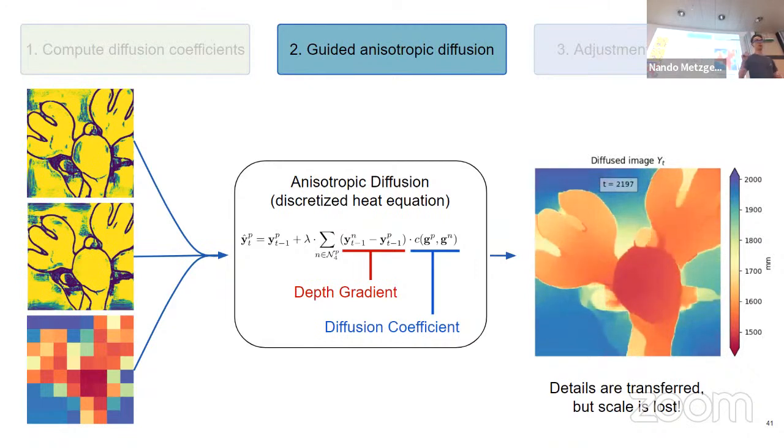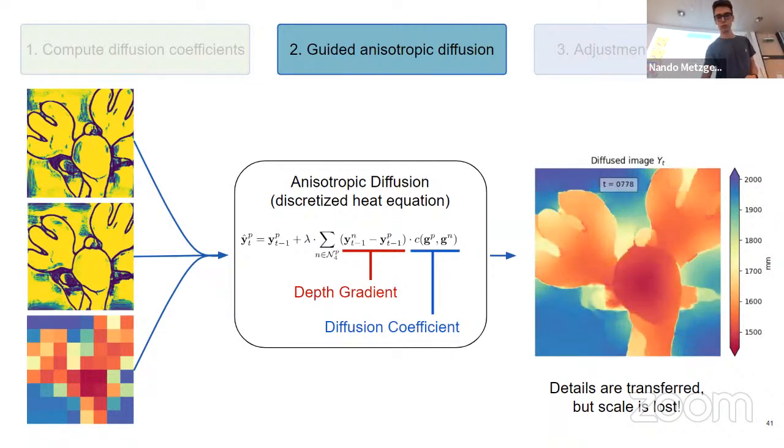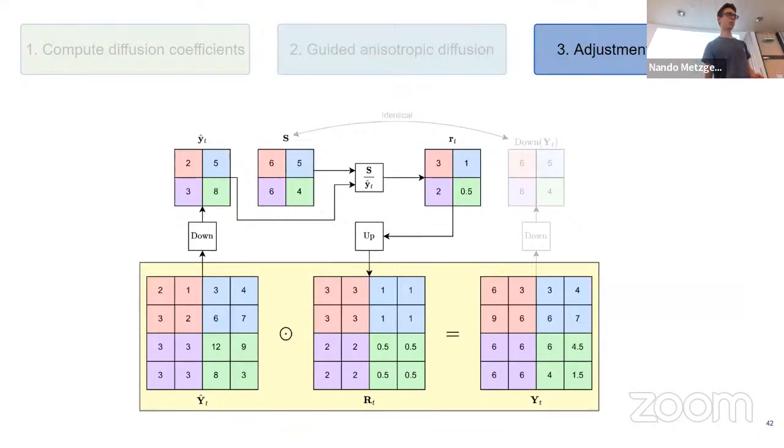If you would now downsample this map again, you would not end up with the source, and this is kind of a problem because you lose the whole fidelity of your input, and therefore we crafted the adjustment step, which